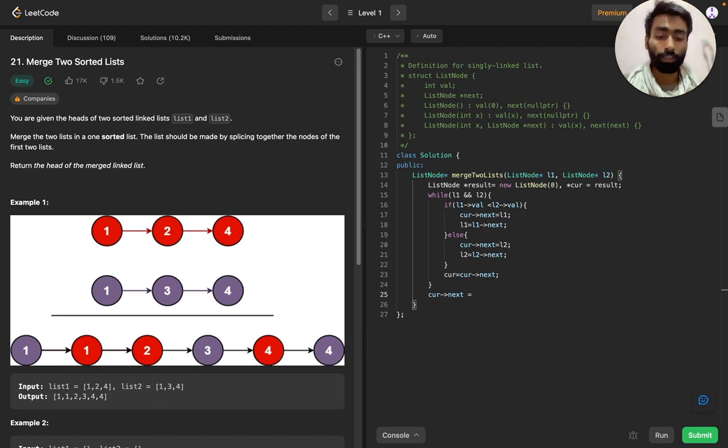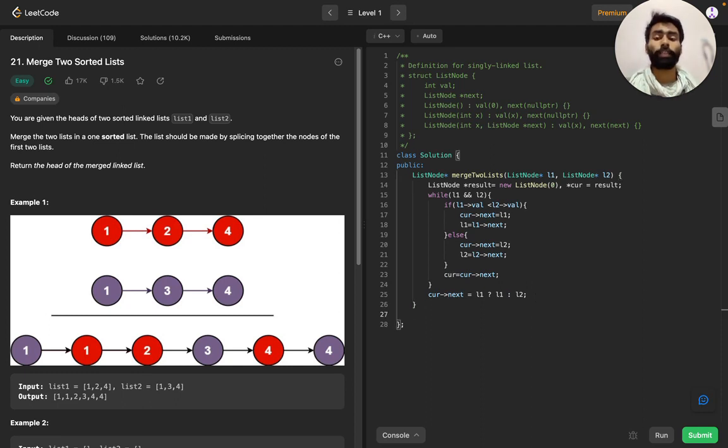So in shortcut we write L1 or L2, meaning if L1 exists, then add L1 to it, or else add L2 to it. So this is the short way to write. It means that if L1 exists, then add L1 to the next pointer of the current, or add L2 to the next pointer of the current.